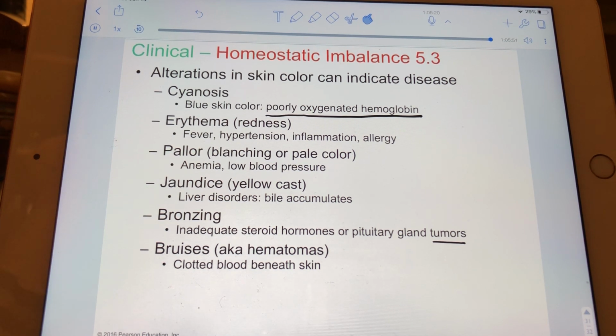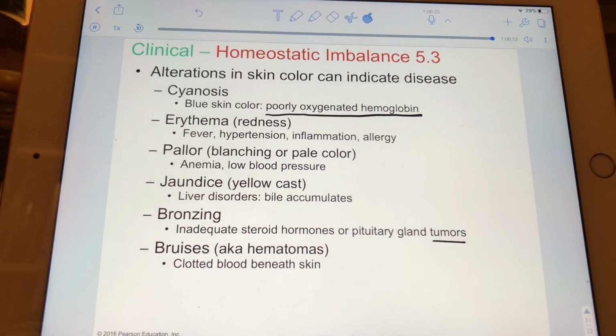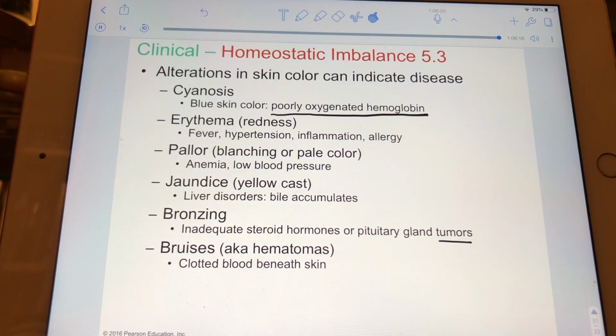And then a bruise or a hematoma is caused, as you probably already know, by clotted blood that's sitting underneath the skin and hasn't been fully cleaned up yet by macrophages. So it's indicative of blood loss, at least temporary blood loss. Okay, and I believe that's the last slide of this particular